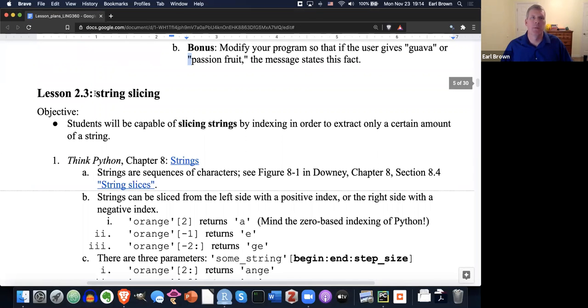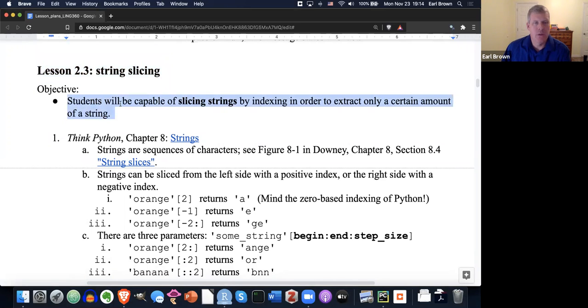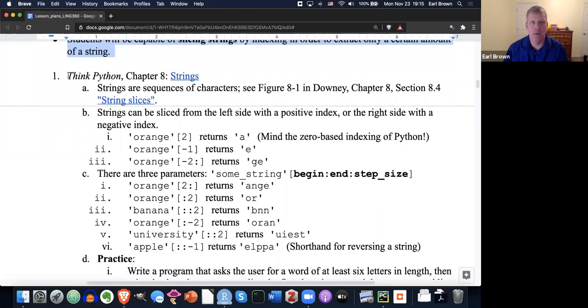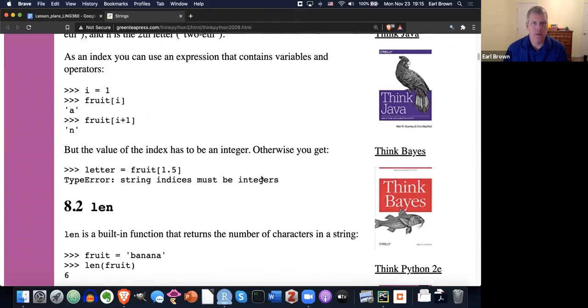Lesson 2.3, string slicing. This is the way you get subparts of a larger string out. The objective is for students to be capable of slicing strings by indexing in order to extract only a certain amount of a string. Chapter 8 of the textbook Think Python deals with strings, so you need to read it, and they talk about string slicing